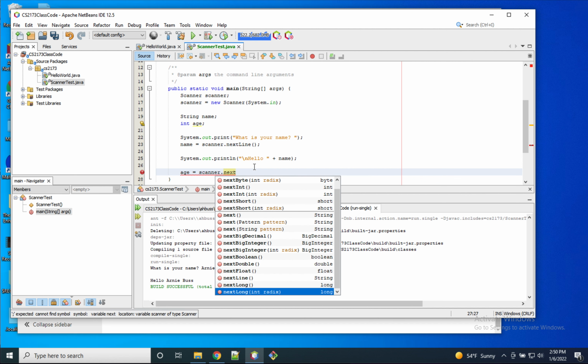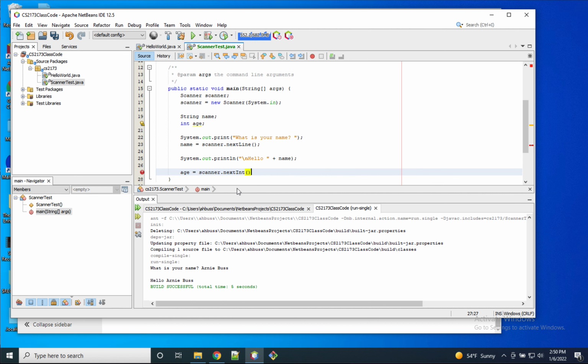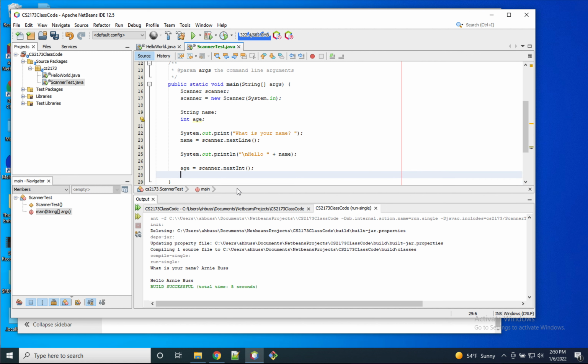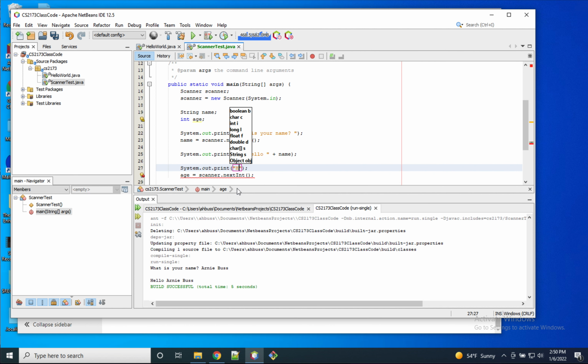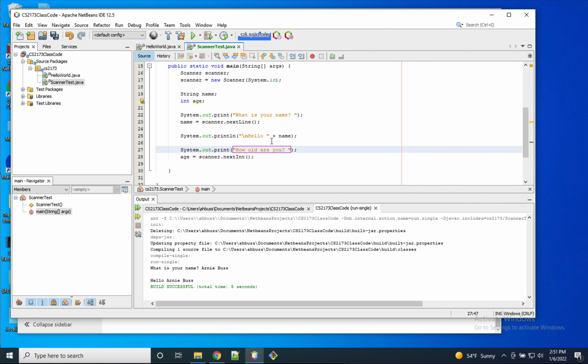Now, as you saw, if we say next int, then it will read in the next integer and expect it to be an integer. Oh, and let's okay, and then